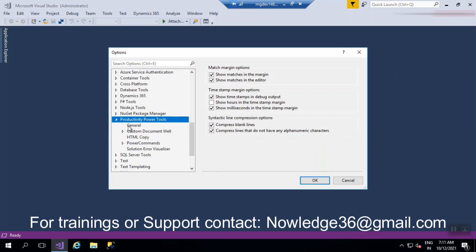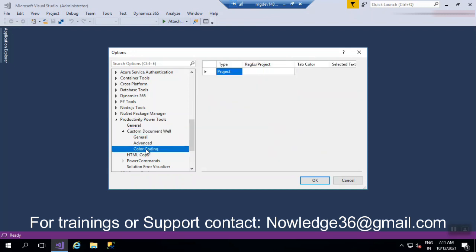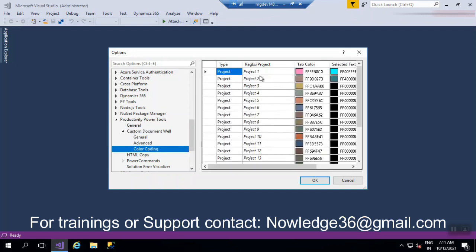In Productivity Power Tools, you have to click on Custom Document Well and expand it. You'll be able to see Color Coding. Here you can set the colors however you like.